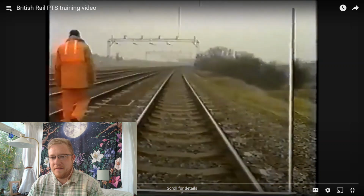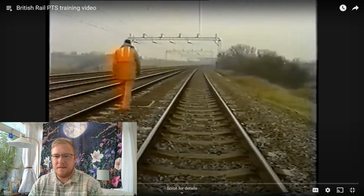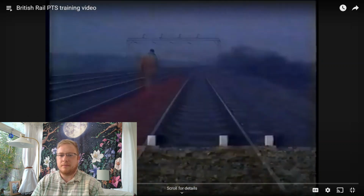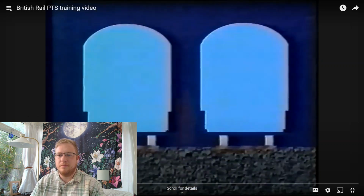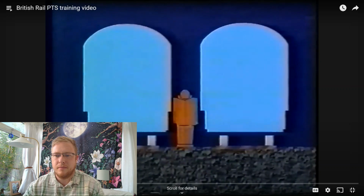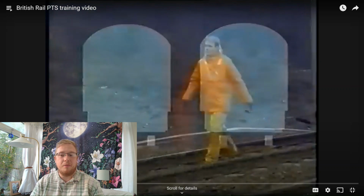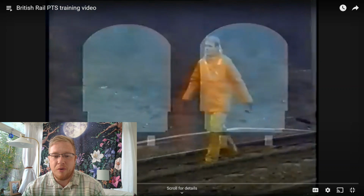The most dangerous area to be in is the 6-foot. Never walk here. It only needs trains to be coming in both directions, and you could be the filling in a very nasty sandwich. What they used to say, and it might allude to here at some point, is if you ever did get in the situation where you were trapped between two trains, or trapped between the trains and the platform,